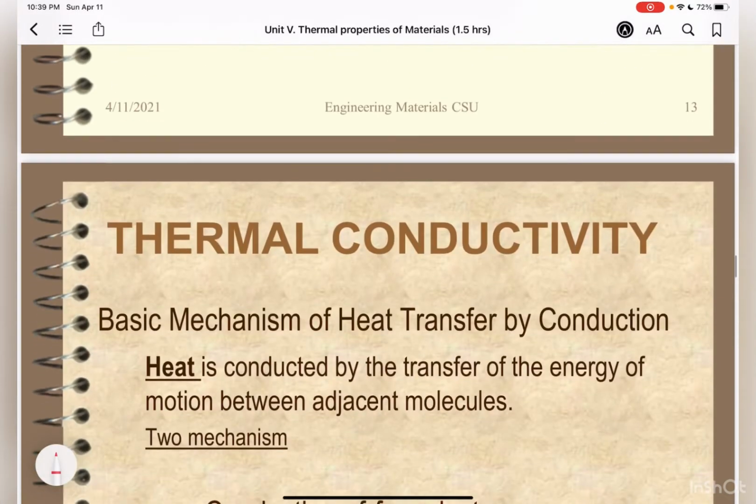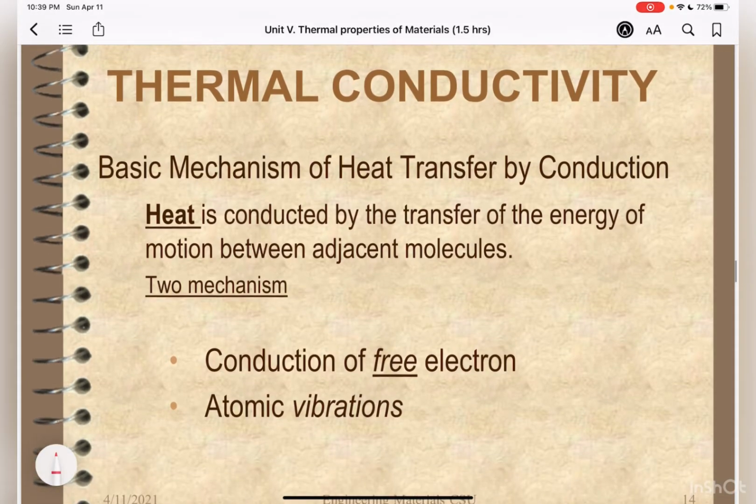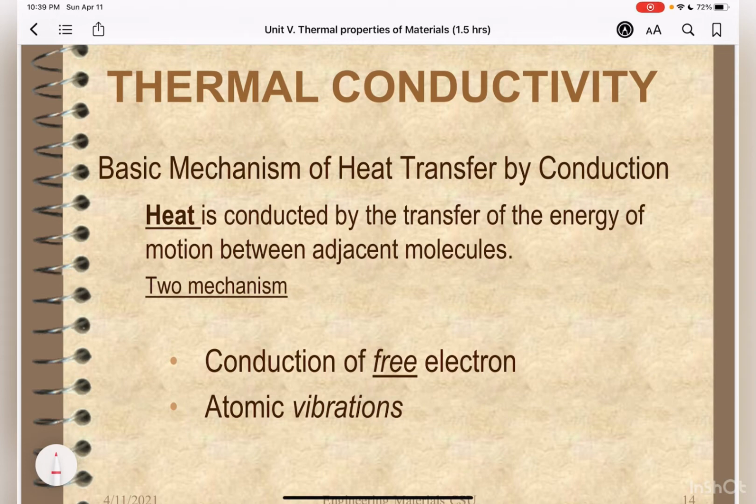Okay, let's define what thermal conductivity is. The basic mechanism of heat transfer by conduction, heat is transferred by the transfer of energy of motion between adjacent molecules. And there are two mechanisms to do that. One is conduction of free electrons, and what we've discussed a while back is due to atomic vibration. So the transport of thermal energy from high to low temperature regions of a material is termed thermal conduction. So it's always from high region to